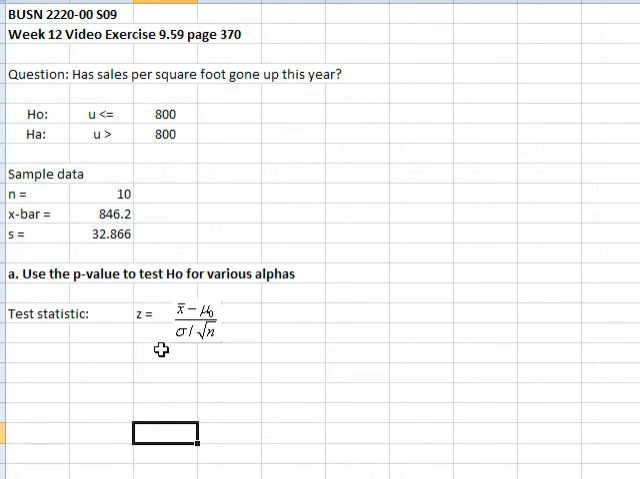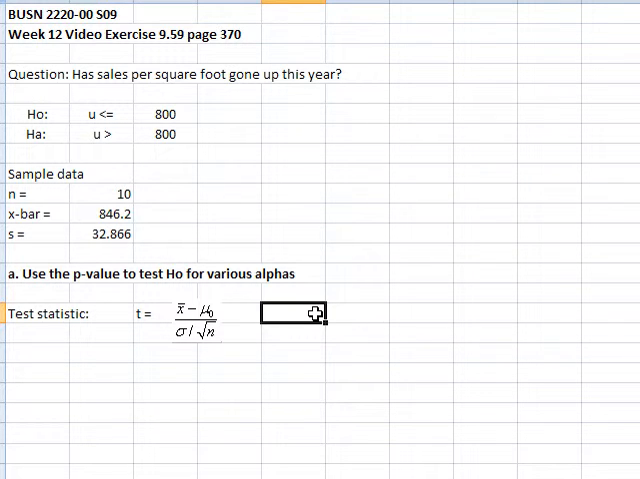And it says that the t, I should call this t instead of z, is equal to x bar minus mu 0. That's the average value from our sample less the mu 0, which is the value that we're shooting for, the 800. Divide that by the s. We don't know sigma, so we're using s, divided by the square root of n, being 10. So let's plug those numbers in and see what our